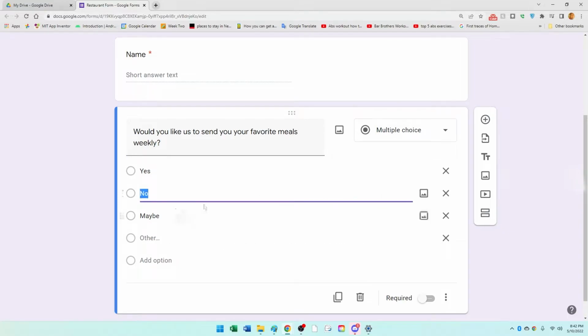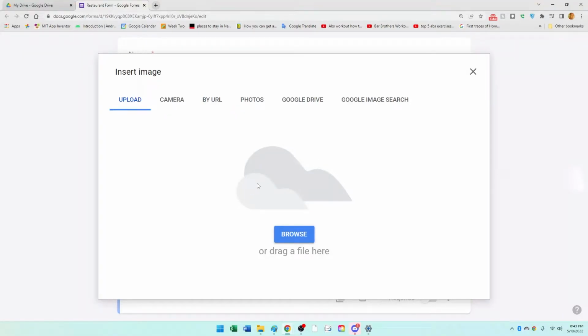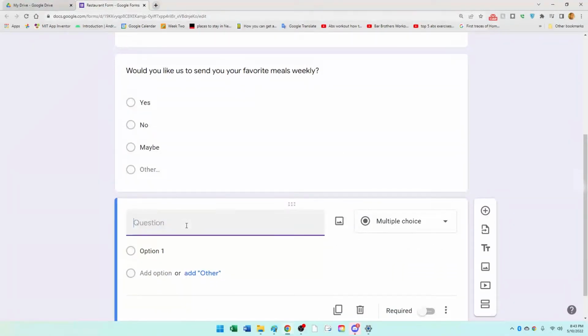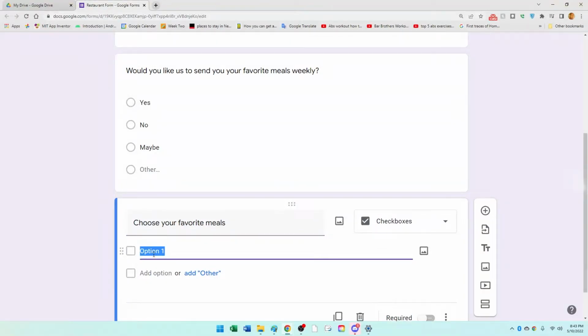You'll also notice that for each question you have an image icon here. So you could add an image, you could search for an image. It really depends on your question, but you could add an image beside each response type to maybe give the user a clue as to how they should be responding or what the response type represents. If we created a question, for example, that said, choose your favorite meals, Google would change this to check boxes so that they could choose more than one. So we could say,